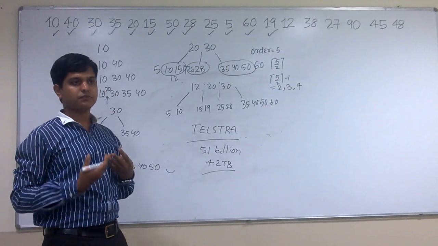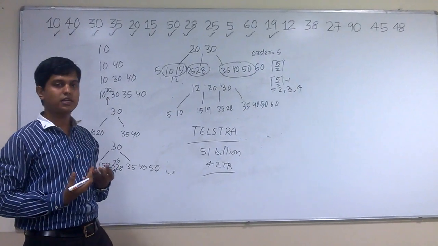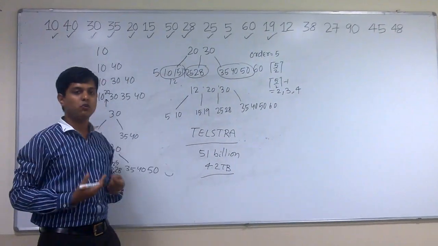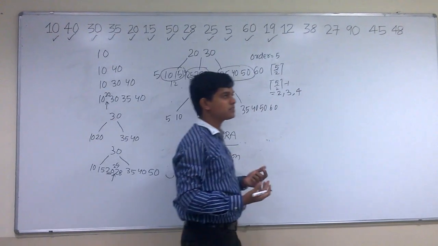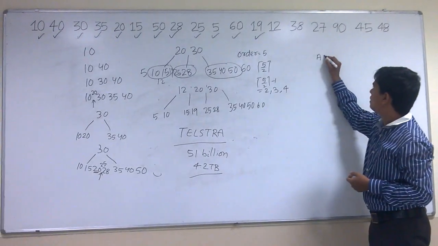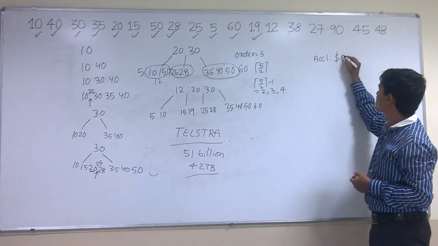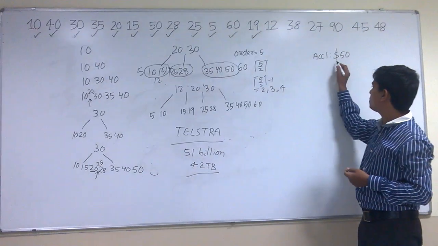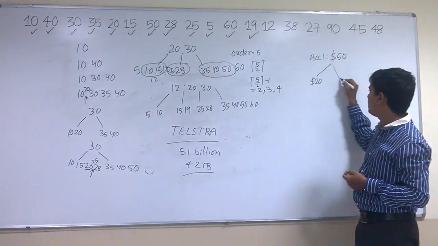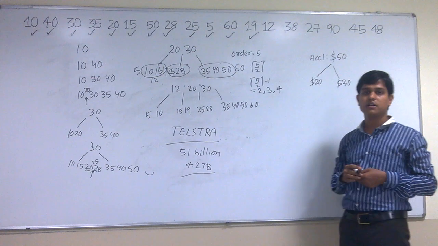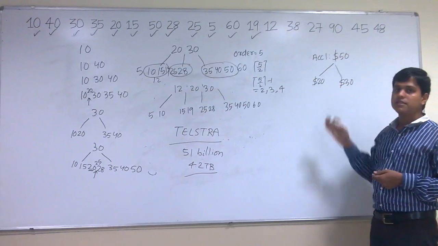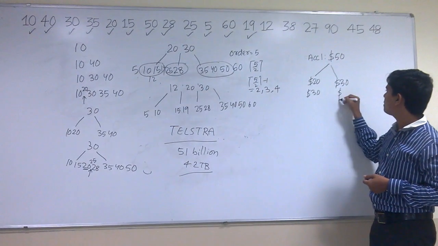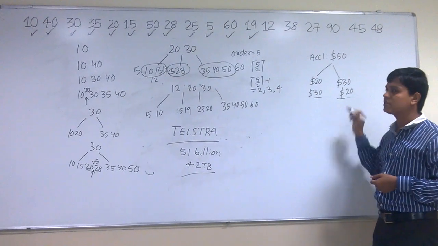Next, we will go for the demerits of the B tree. Still, B tree has some demerits. For example, in a multi-user environment, it will not work. The famous example is, suppose I have an account 1, and account 1 contains $50, and simultaneously two users are accessing that account. One user wants to withdraw $20 from the same account, another user wants to withdraw $30. So what happens? There is an inconsistency in the database. This user will get an update that $30 is the balance, and the balance here is $20. So this makes inconsistency in the database.